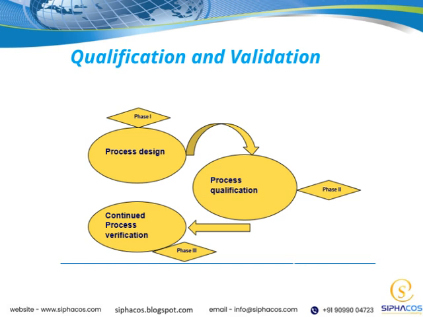Both are essential to maintain compliance and to safeguard product integrity. By thoroughly qualifying and validating our processes, we help prevent errors, minimize risks, and support continuous improvement. This ties directly into our overall goal of delivering safe, effective, and high-quality products to our